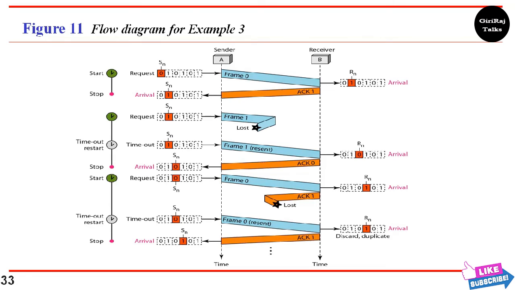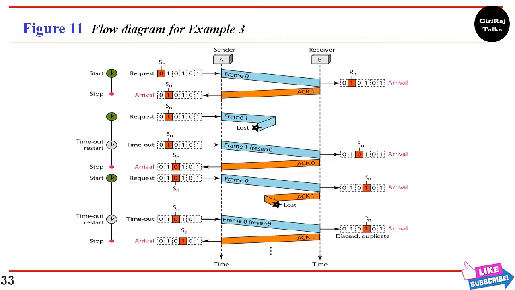See, in this there is an efficiency issue. The stop and wait ARQ discussed in the previous section is very inefficient if our channel is thick and long. By thick, we mean that our channel has a large bandwidth. By long, we mean the round trip delay is long. The product of these two is called the bandwidth delay product. We can think of the channel as a pipe. The bandwidth delay product then is the volume of the pipe in bits.